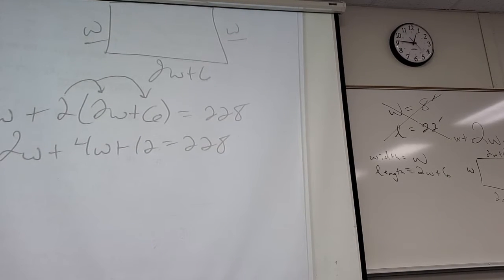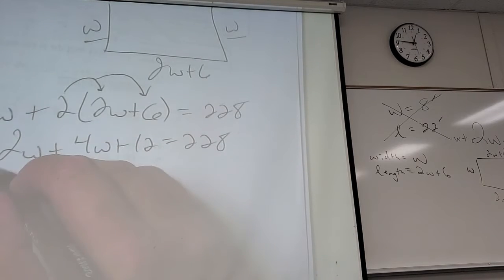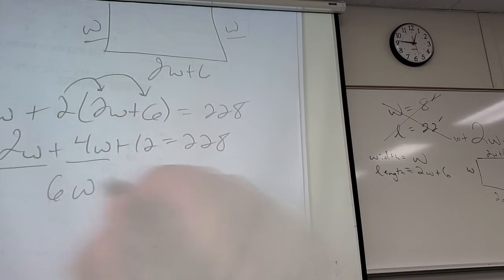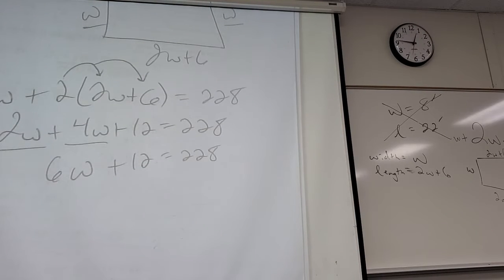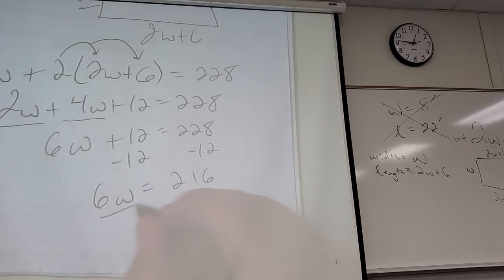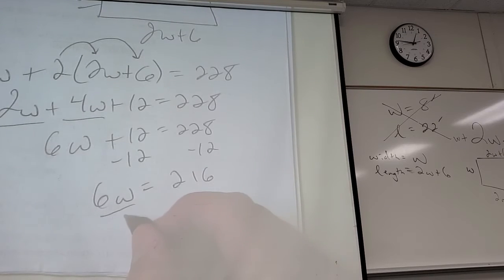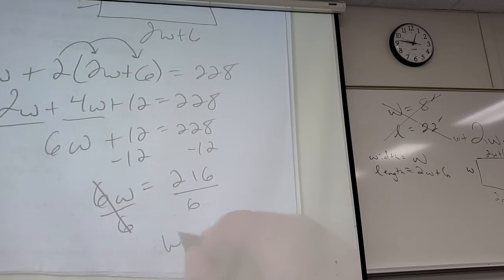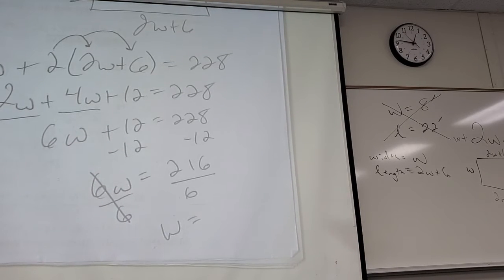And then what? Combine like terms. Yep. So we got 2 W's and 4 W's, so why wouldn't I just say 6 W's? Right? Then can we subtract 12? Then divide by 6W. Divide like 216 divided by 6. Good, by 6. So W is 36. 36 what? Feet. And now